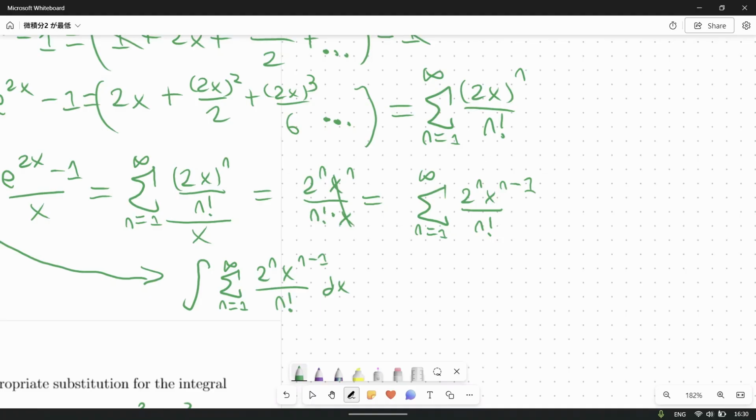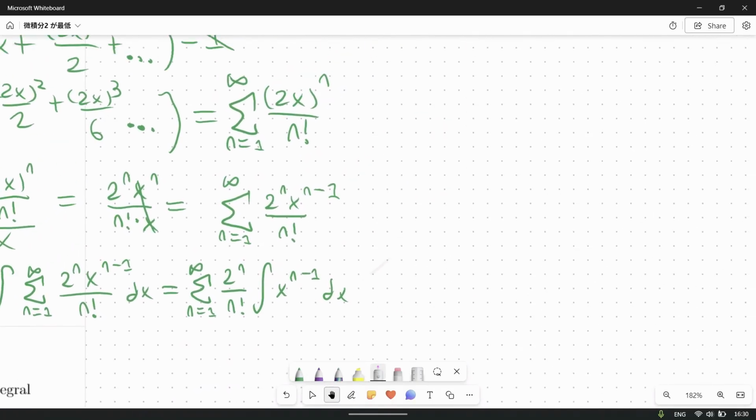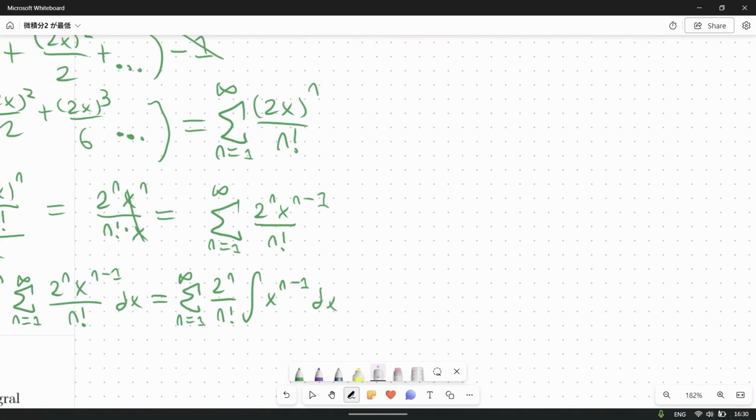And so what I'm going to do is I'm actually just going to rewrite this integral. This is actually just equal to this, where we have n is equal to 1 to infinity of 2n over n factorial times the integral of just x to the n minus 1. And then all we have to do is just integrate this and then plug it back into this, and we'd end up with our answer. And so now you can probably more clearly see how it's just going to be reverse power rule. And so that's just going to turn into x to the n